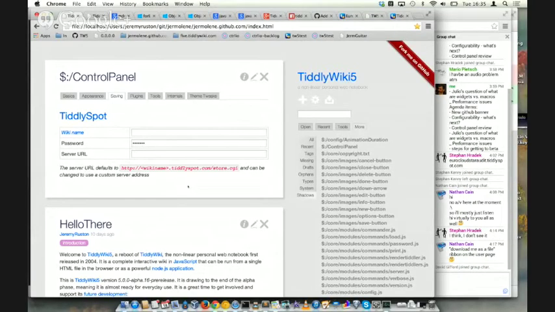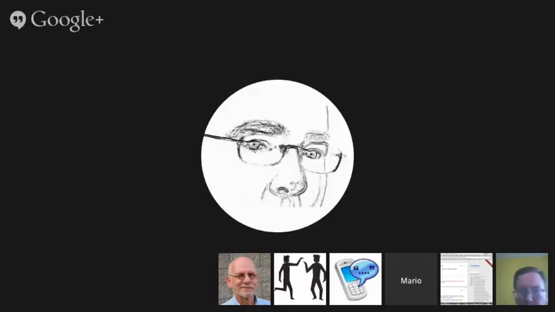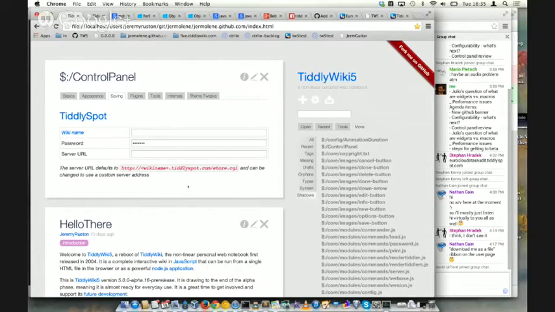In TiddlySpace, how handy it is to be able to save a wiki snapshot. And you think about TiddlySpot, maybe it would be handy to be able to save a wiki snapshot to TiddlySpot. So I'm not sure. But yes, conscious that we've got this opportunity with the control panel to keep everything